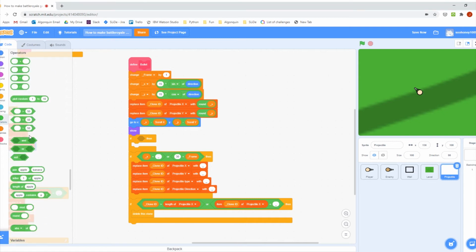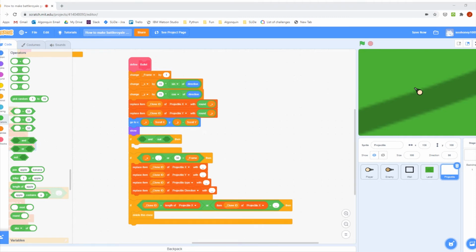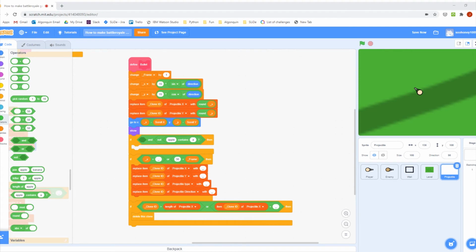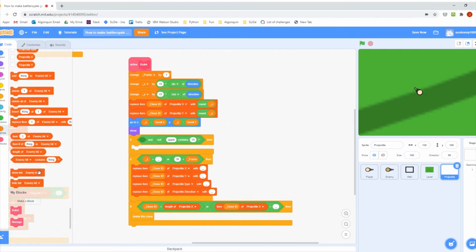And then what we're going to do is an and, not, and then we're going to do contains, and then we're going to do 10. And for the first thing, we're going to do item